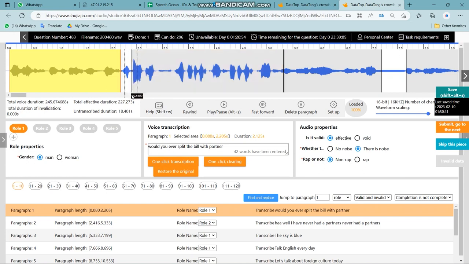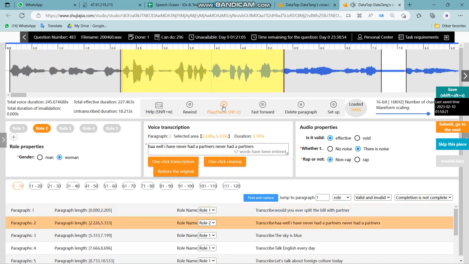Now coming to this portion, you can adjust the segment till here. Here the second speaker started laughing. Now this is the second speaker. The second speaker is also a man. You have to select man, and then